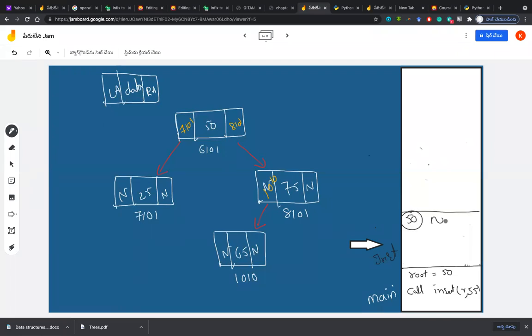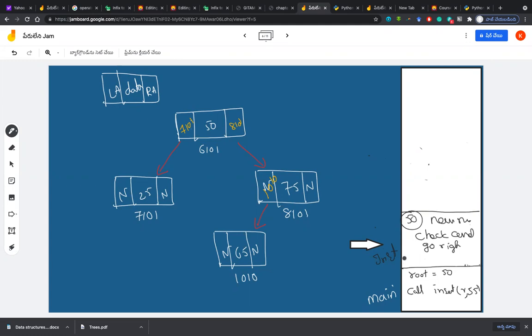Fine. Create a new node. Next, checking the conditions, sir. Checking the condition. Should I place left or go left, or should I place right or go right? What should I do? Go right, sir. Go right, because the right side is not none and we have to go right definitely because your 55 is greater than 50.